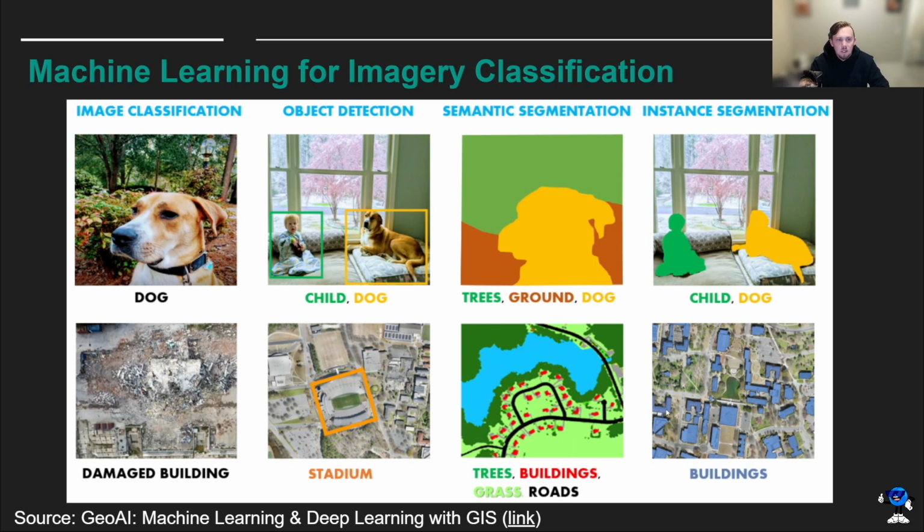The simplest is image classification, in which the computer assigns a label such as cat or dog to an image. This can be used in GIS to categorize geotagged photos. One of the images above has been classified as a dense crowd. This pedestrian activity classification can be used for pedestrian and traffic management